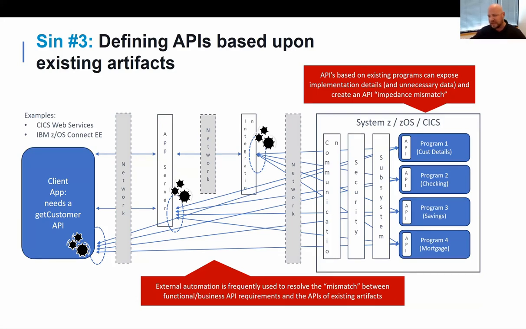So on the right of this chart, those are not the APIs they're using. Those are the APIs for the individual programs. The API that they're using is actually on the left. So what do they do? Well, there's an impedance mismatch between the needs of the business and the APIs that could be fielded just by the nature of the artifacts. They created layers of integration, either on the integration layer itself, sitting on the app server, or all the way out on the client.